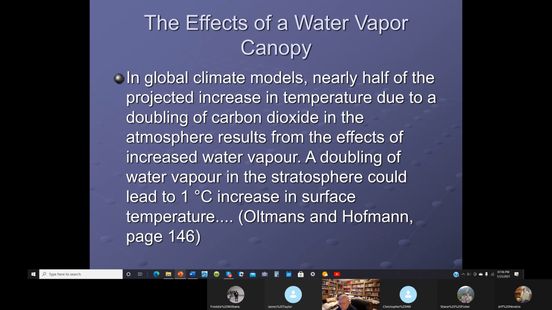Now, other light comes in, visible light comes through water vapor. It's transparent to it. And some of your ultraviolet light is blocked by water vapor. So more water vapor blocks other light from coming in. It does keep the heat in the atmosphere, but it doesn't allow as much energy to come in. So if you reduce the incoming energy, you can retain more of the energy and still not have a runaway